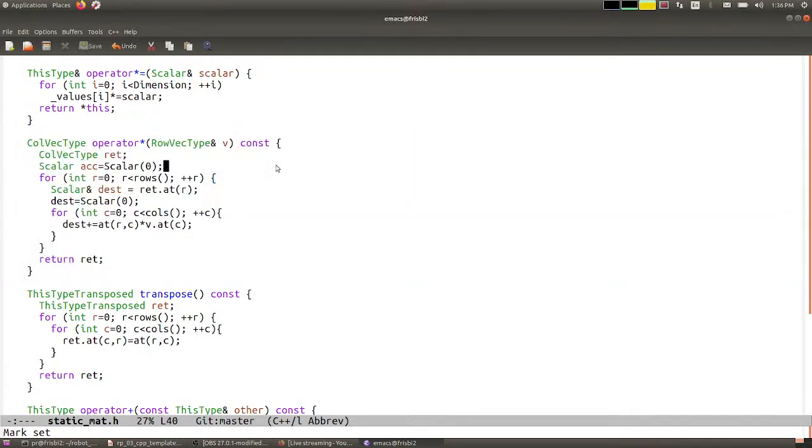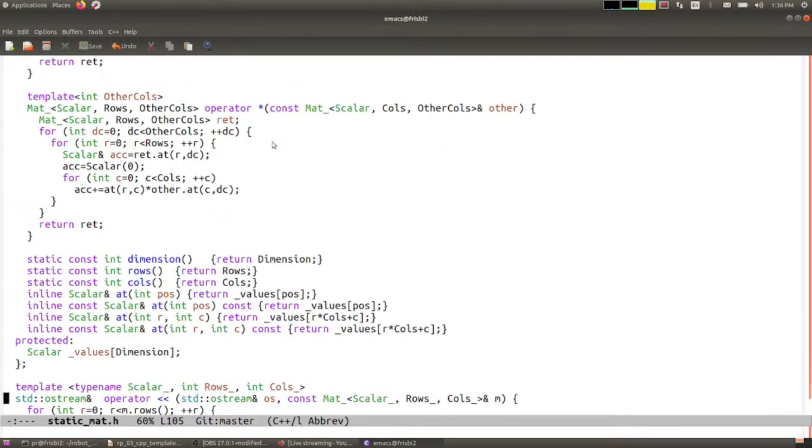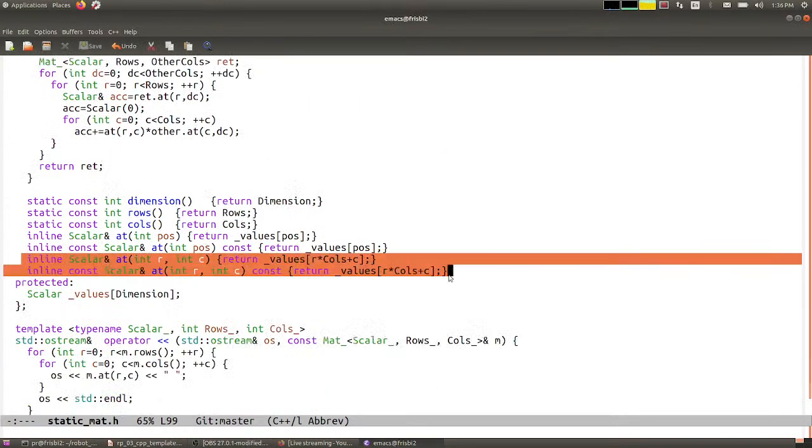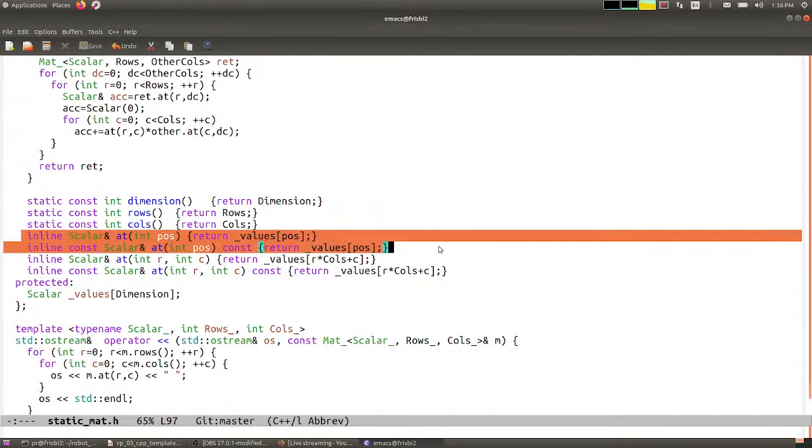Of course, the at method now takes a row and a column, because at locates an element in the matrix. Where is the at method? Here I have the at method in two flavors, which is consistent with the at method of the matrix that we implemented on the heap in the exercise, which was implemented as a solution. And also, given that maybe I would like to access the matrix linearly,